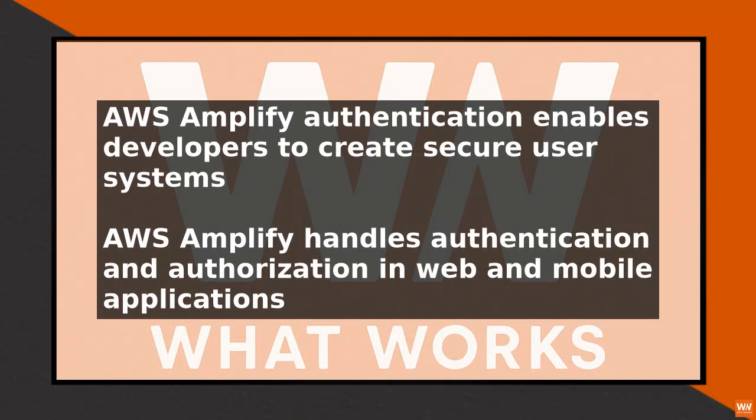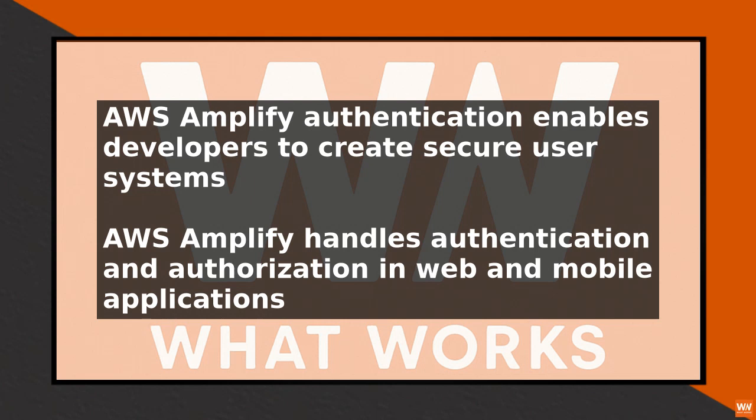AWS Amplify Authentication is a development tool that enables developers to create secure and scalable user authentication systems for their web and mobile applications. To get started with AWS Amplify Authentication, you first need to understand the key concepts involved. Authentication is the process of verifying the identity of users, while authorization is the process of controlling access to resources based on user identity. AWS Amplify Authentication provides a simple and streamlined way to manage both authentication and authorization in